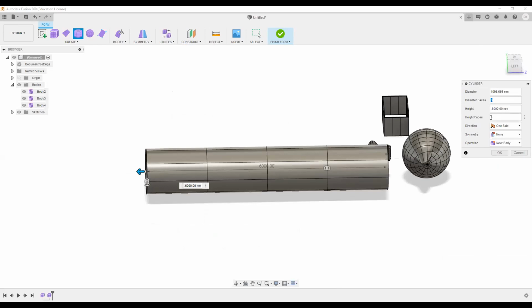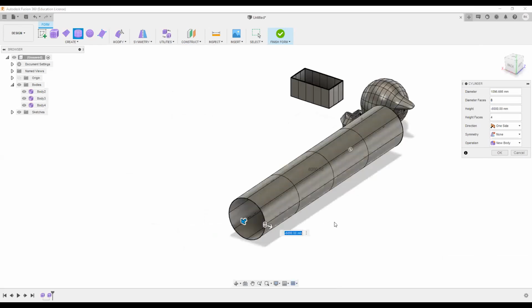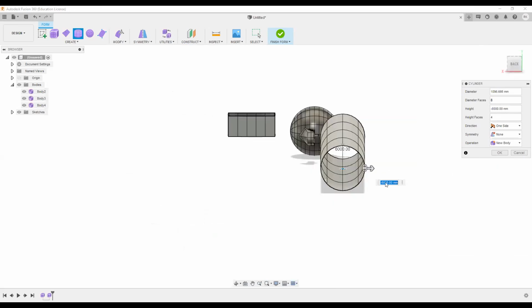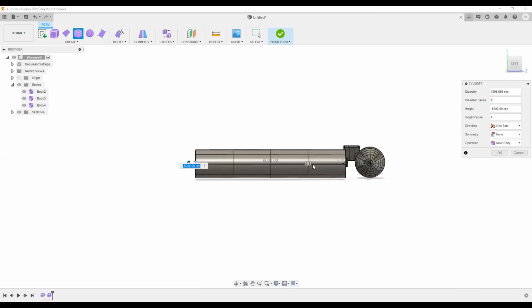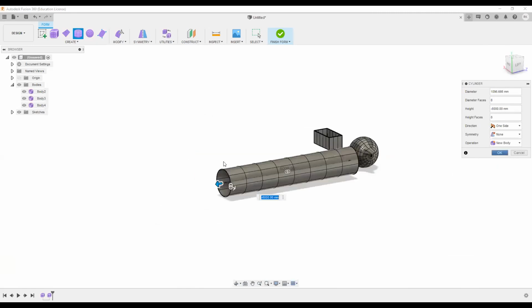The diameter faces are divided along the circumference, and the height faces are divided along the longitude, that is the axis of the cylinder. So for example, let's say 8. Along this, the faces are divided into 8 faces, right?